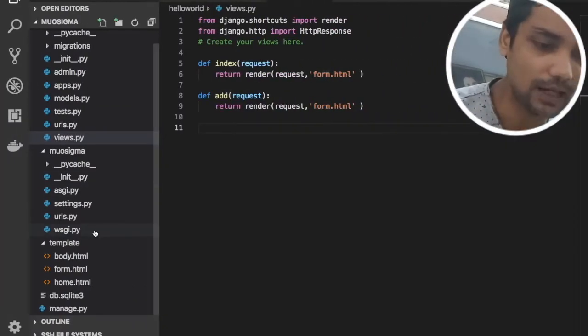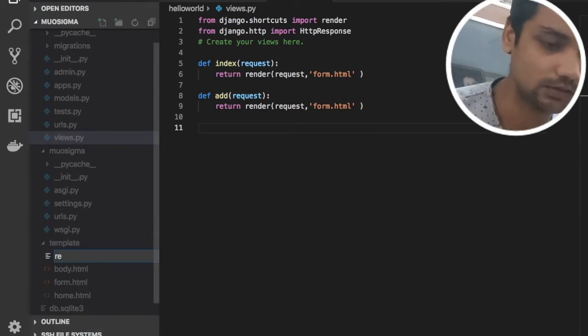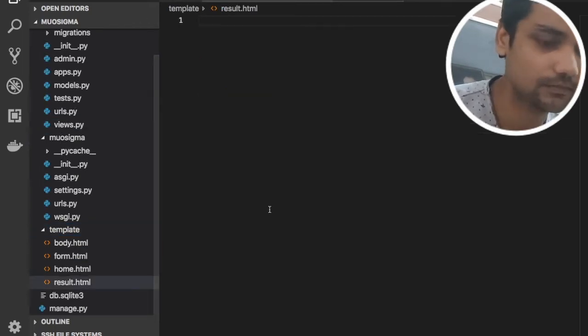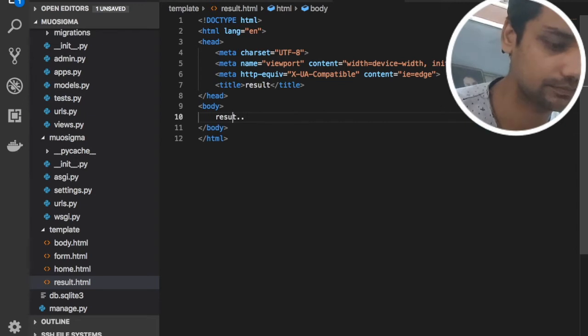I'm going to make another HTML file, let's say called result.html, creating the default code, and the title will be result. For example, we are just writing result only here.